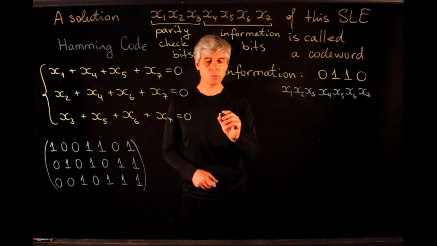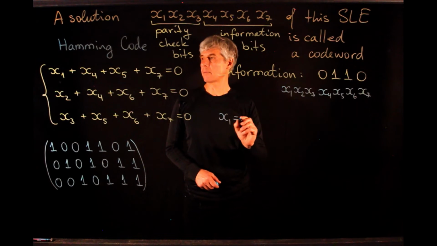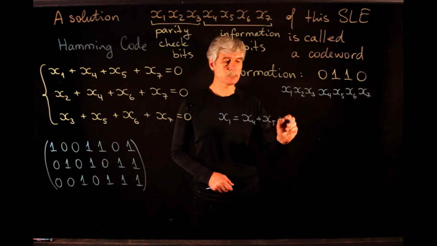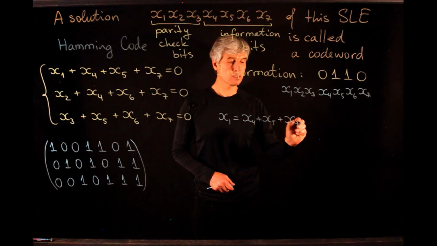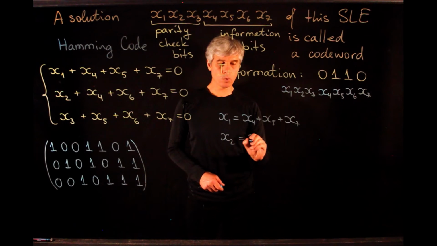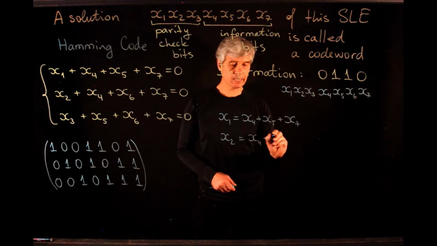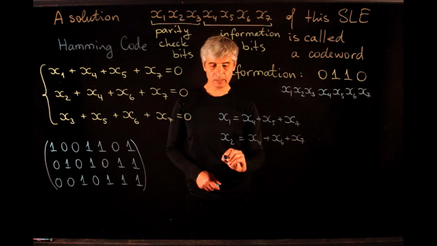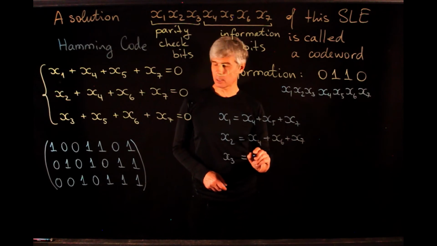So x1 is x4 plus x5 plus x6 plus x7. x2 is x4 plus x6 plus x7, and x3 is x5